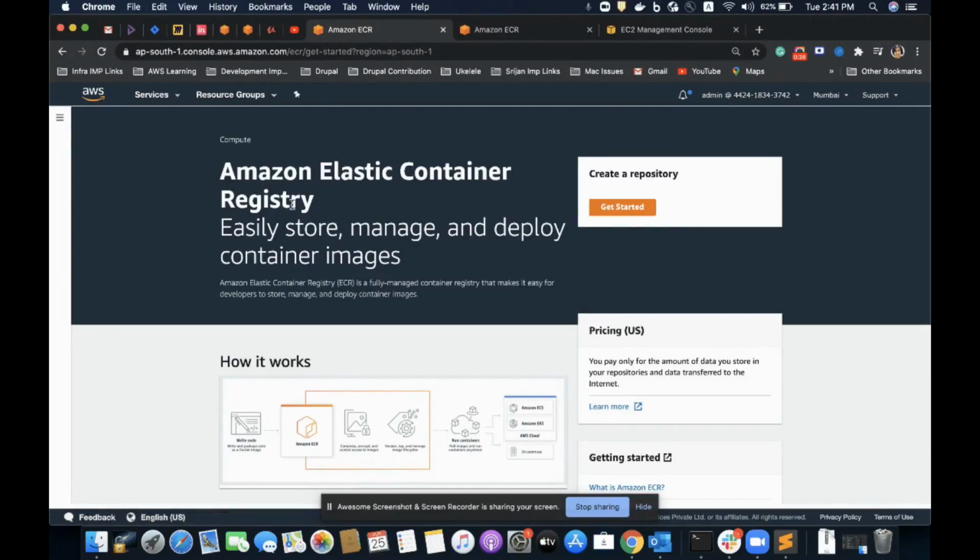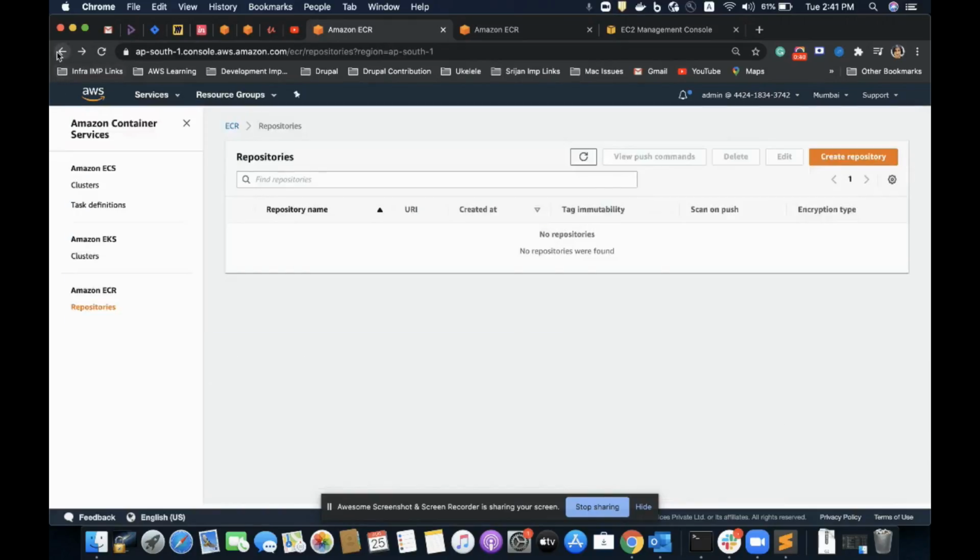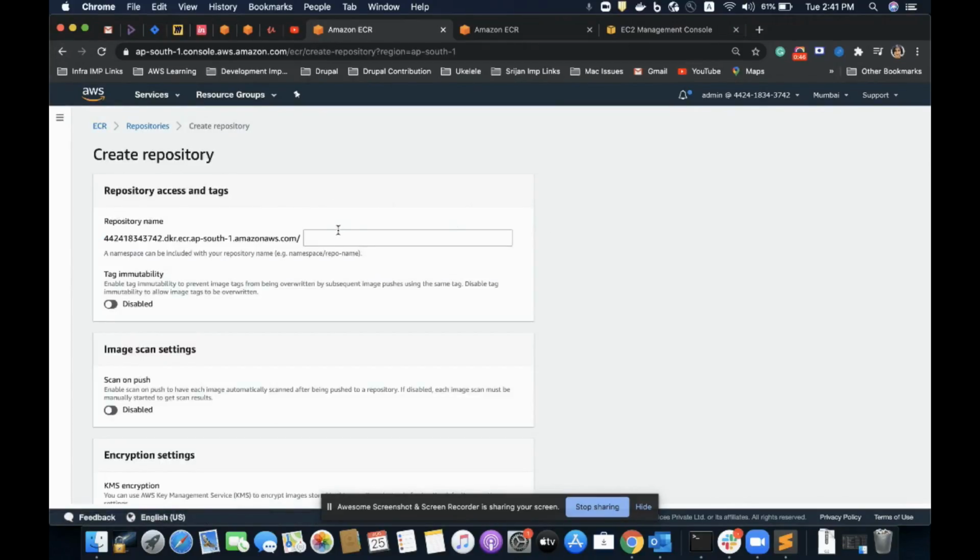This is a service which allows us to push our Dockerized images, and it stores and manages our images easily. For this, let's start with creating our repository first.